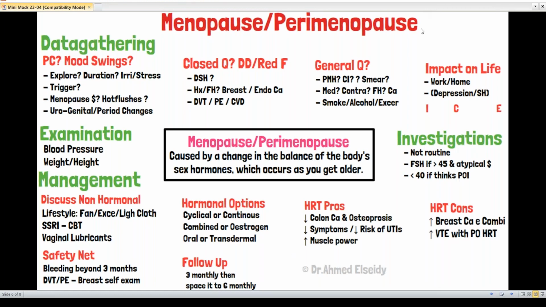So this is how to cover all menopause or HRT cases, perimenopause or menopause cases, in 8 minutes here. You don't have to commit to one management. You can give options. We have a hormonal option and a non-hormonal option. Which one interests you more? Or have you given any thought to which one can be suitable or ideal for you?